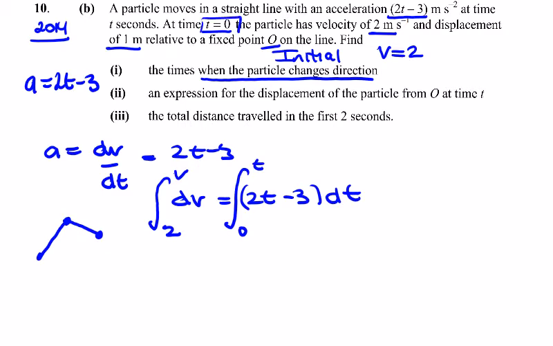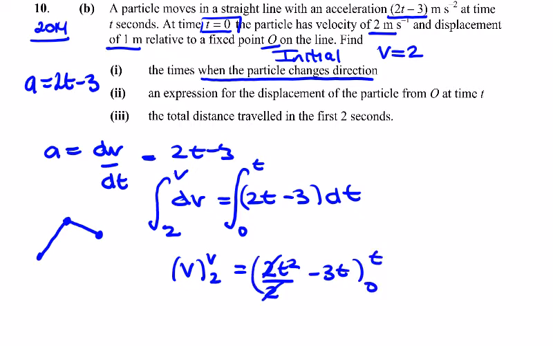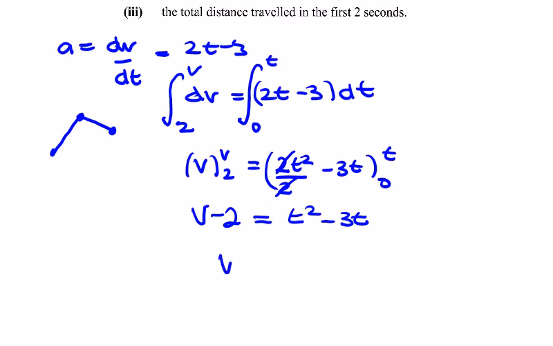So we're going to get v between v and 2 equal to 2t squared over 2 minus 3t, between t and 0. So we're going to get v minus 2 is equal to t squared minus 3t. So velocity is equal to t squared minus 3t plus 2, and when v is equal to 0